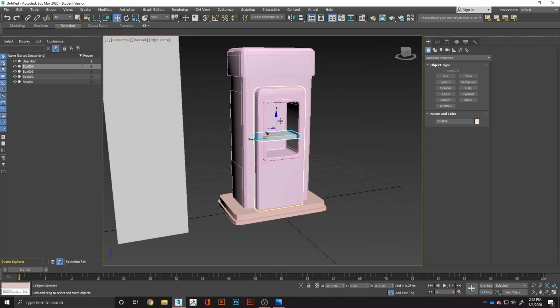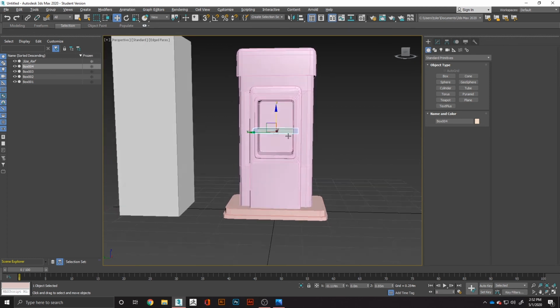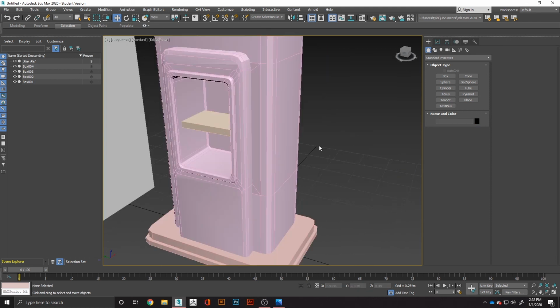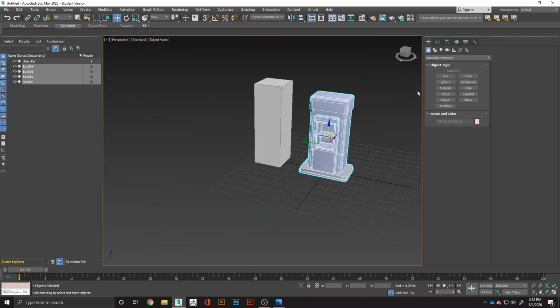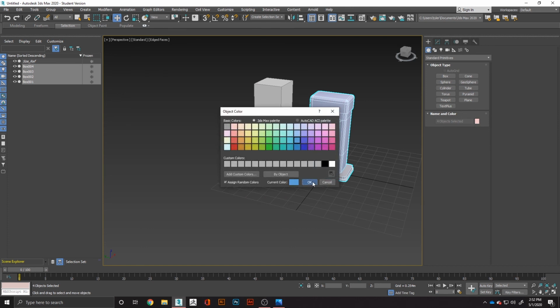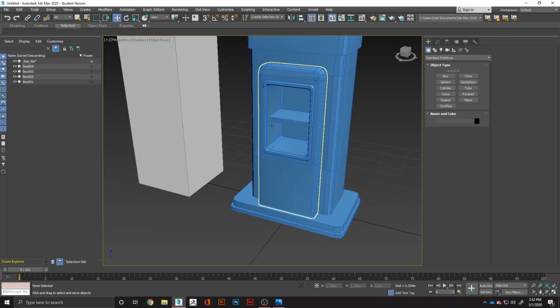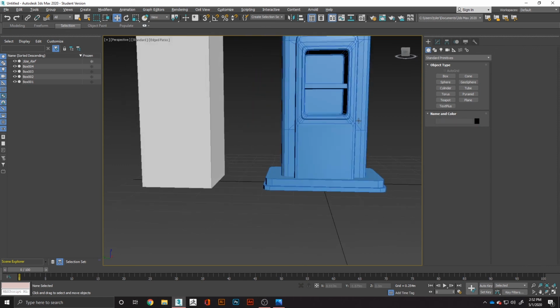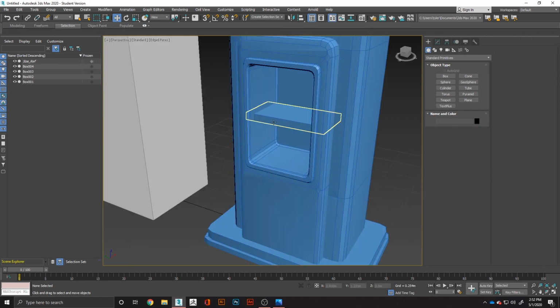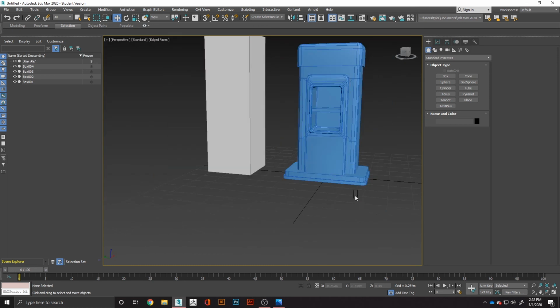Okay. I think the thickness is pretty nice. It's pretty in line with what I'm thinking. There you go. So now I have my shelf. I'm gonna go ahead and just make this all the same color, so it's just easier to identify. Okay, so we have our shelf. Now we just need that little light at the top, which could just be a simple